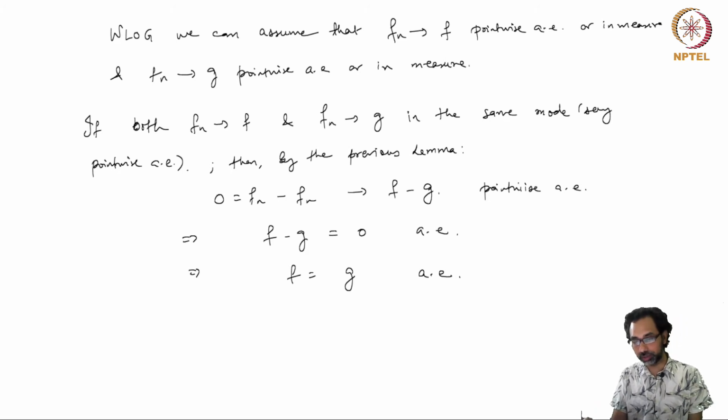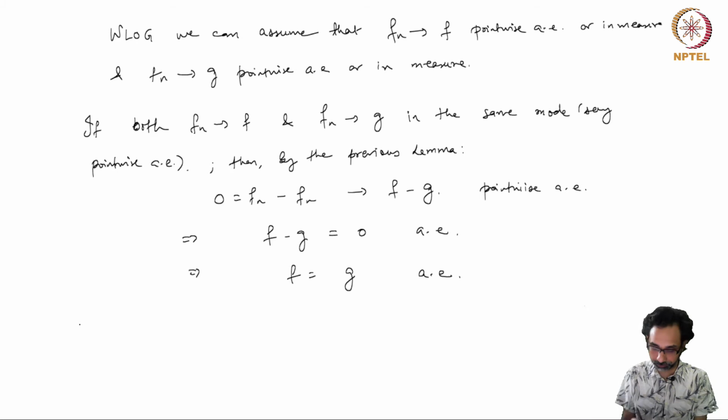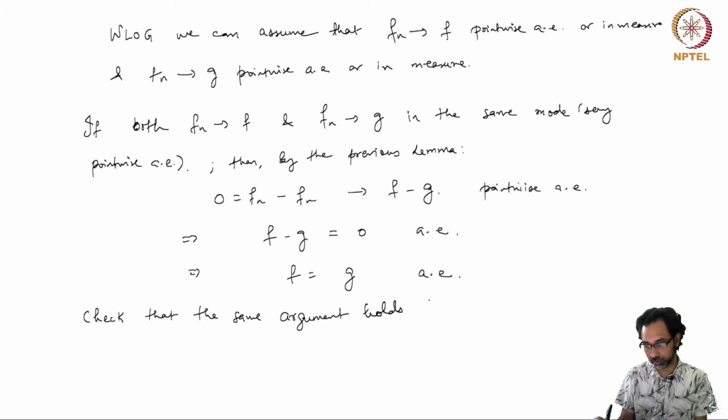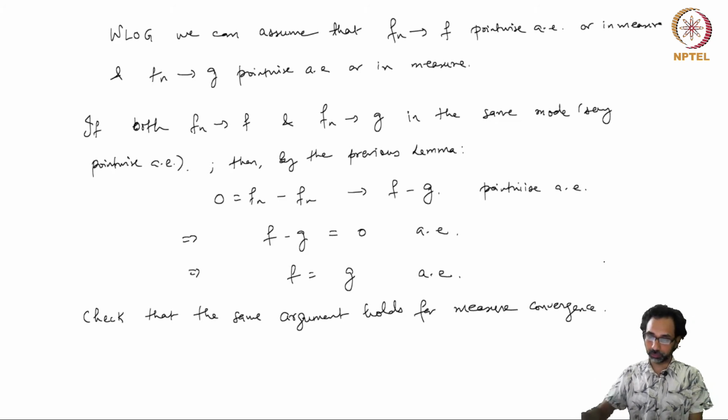Similarly, if you are considering measure convergence, one can use a similar argument to conclude that F equals G almost everywhere. So check that the same argument holds for measure convergence. So we are only left to prove the mixed case; we can use the symmetry of the equality almost everywhere. So by symmetry,